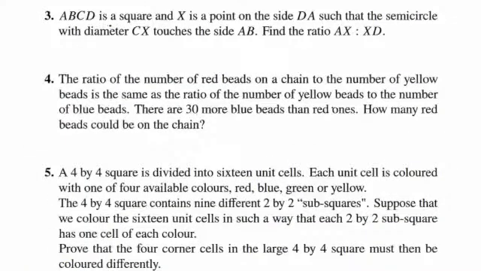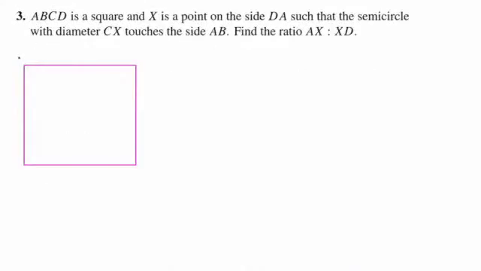Problem 3. ABCD is a square and X is a point on the side DA such that the semicircle with diameter CX touches the side AB. Find the ratio AX over X. So let's draw the figure. Okay, it is our square